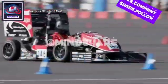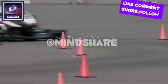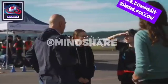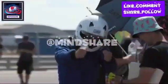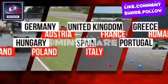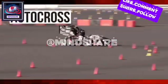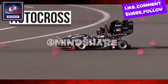This is Formula Student, a world series of events that took place this summer featuring electric cars built by teams of students from 100 universities across the globe. On tracks throughout Europe, the cars competed in disciplines including autocross, racing through Formula One-like twists and turns as fast as possible,